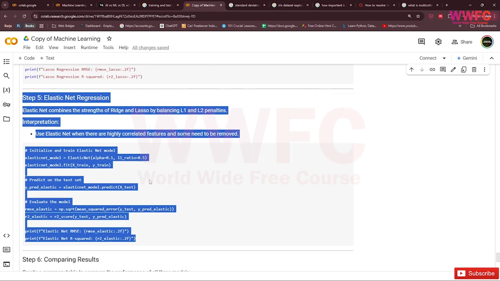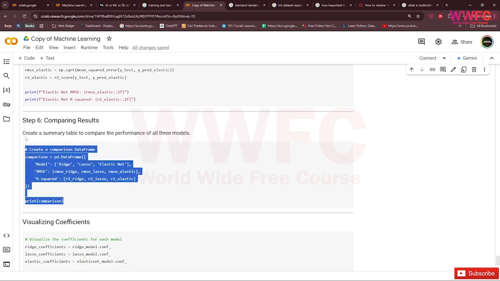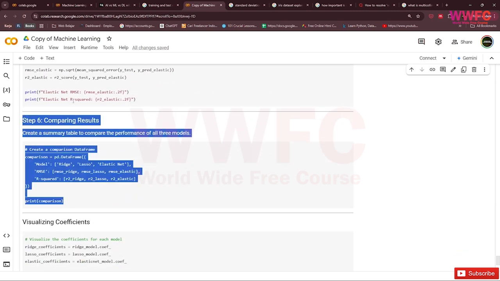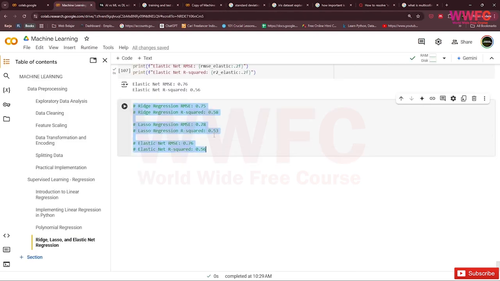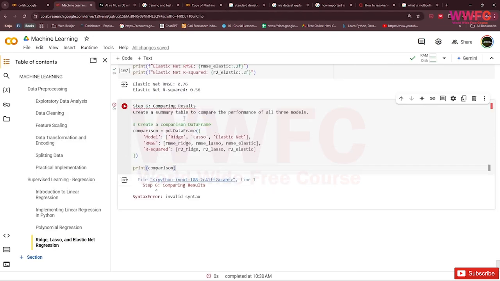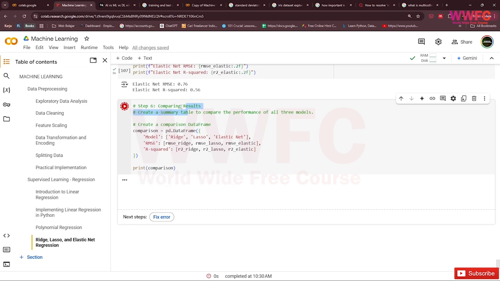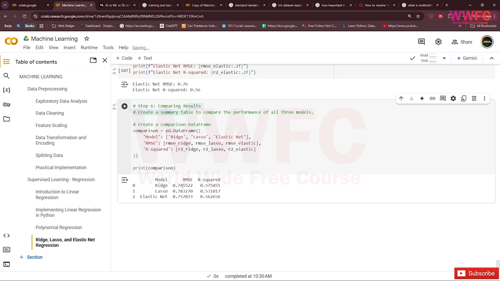So we can check the comparing results. Here the RMSE is 0.74, like it is much better. Actually, ridge is much better than lasso and ElasticNet.